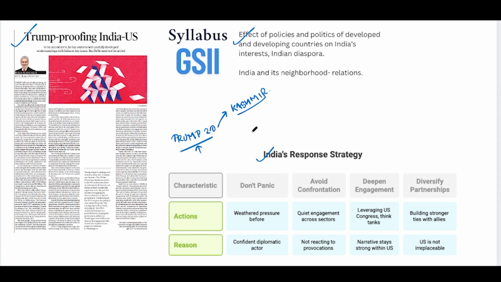Remember, since the Kargil conflict in 1999, the US has gradually moved away from its Cold War favorable tilt towards Pakistan. For instance, under successive US presidents, starting from Bush, followed by Obama, Trump, and Biden, the US adopted a de-hyphenated South Asia policy, which basically means engaging with India and Pakistan separately and not coupling them, which calls for bilateral dialogue without any mediation.